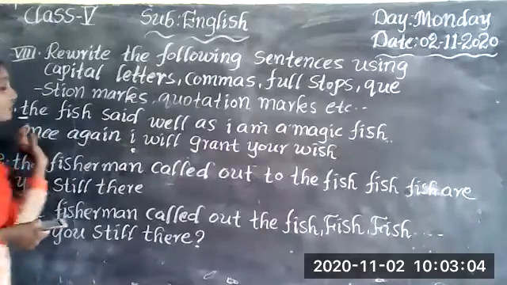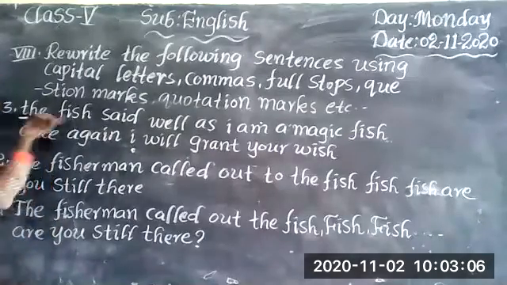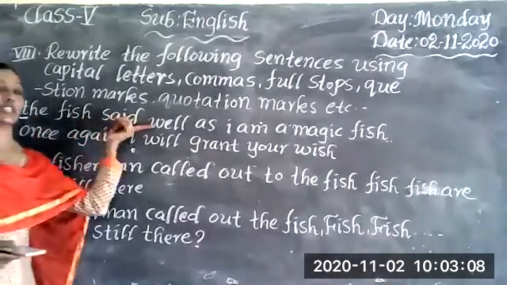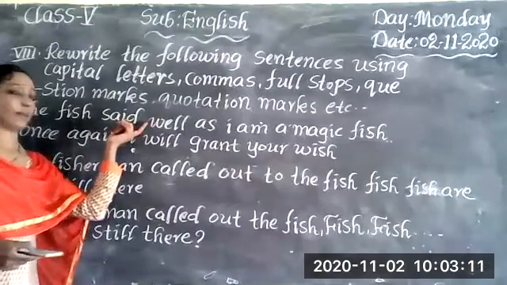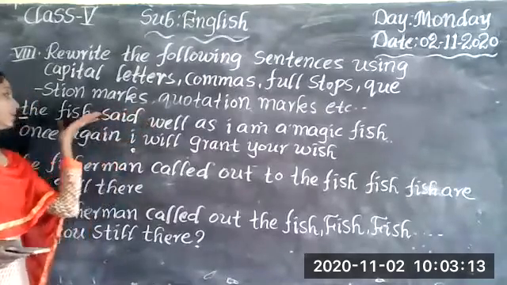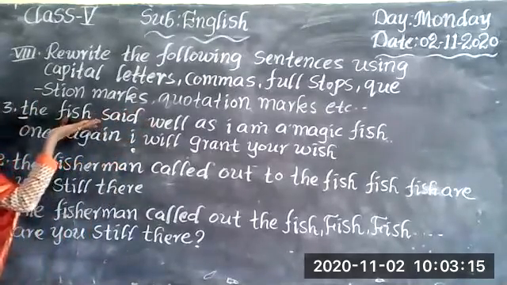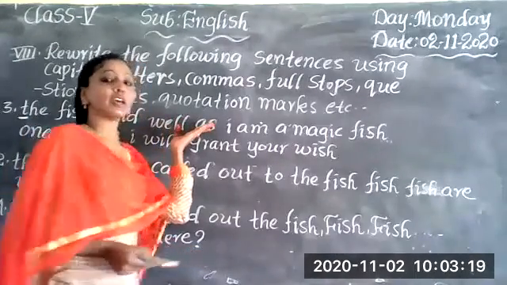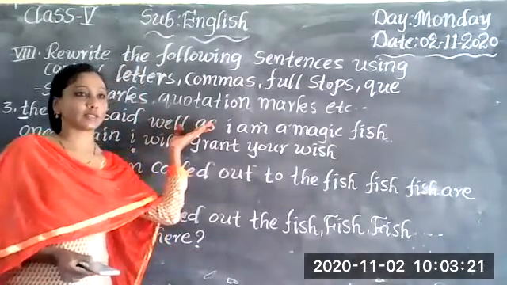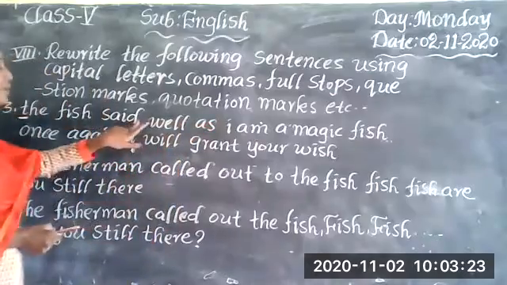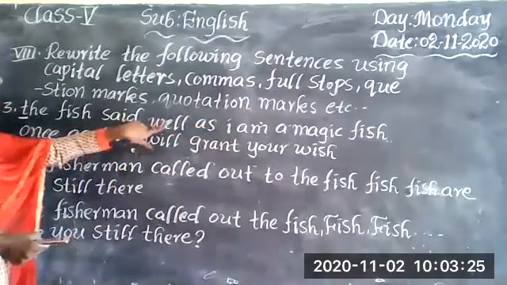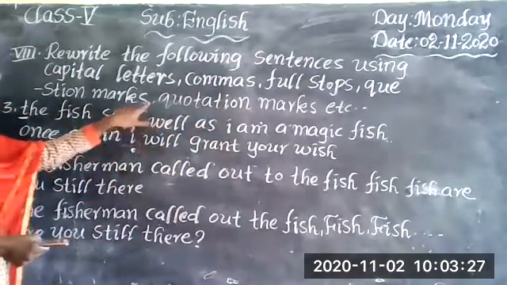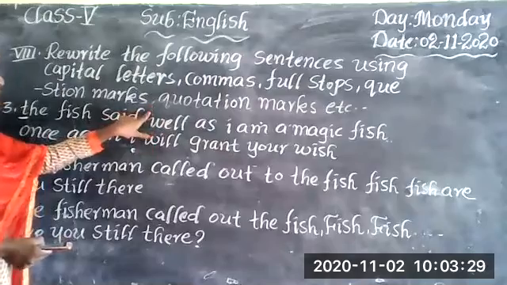So as I told you in the first sentence, the reported verb and reported speech will be separated by a comma. Here the fish was speaking, so the actual words of the fish we have to separate by using quotation marks. So here we should separate this reported verb from the reported speech using a comma, and we have to start quotation marks from here. Okay.